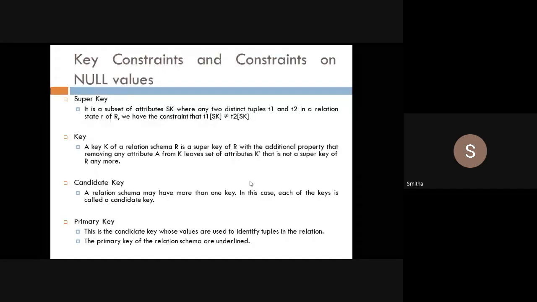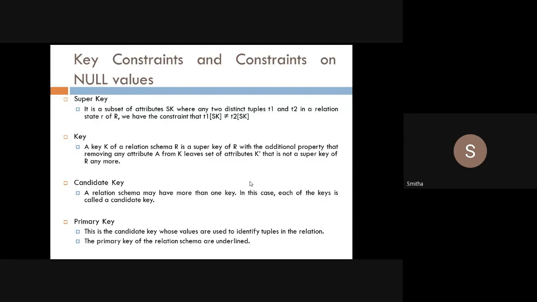Now then what is key? I have given the example that USN and student name together I can call a super key.